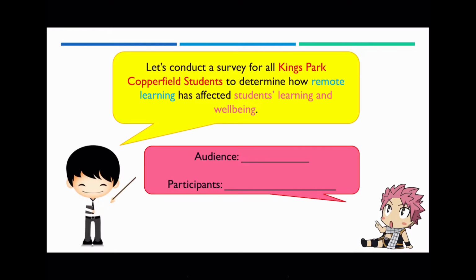So I'll conduct a survey for all Kings Park Copperfield students to determine how remote learning has affected their personal learning and well-being. Again, my audience is still students only. However, my participants, the people who are undertaking my study, are the Copperfield College students, more specifically the Kings Park Copperfield College students. We said earlier that the word audience is interchangeable with the word population, and now the participants, the people who are actually doing the study, are what we refer to